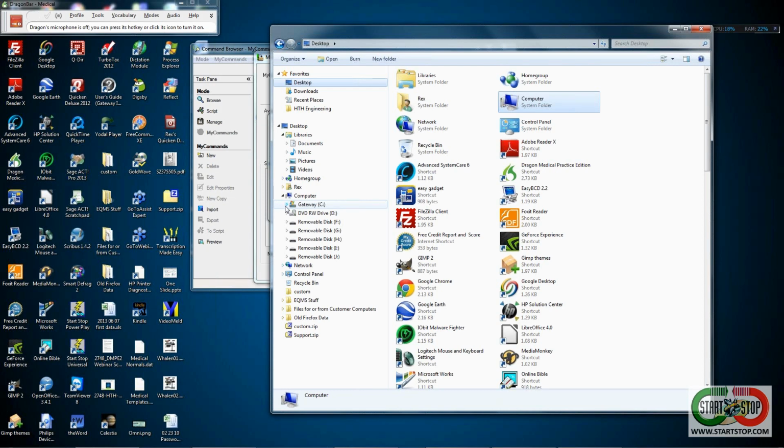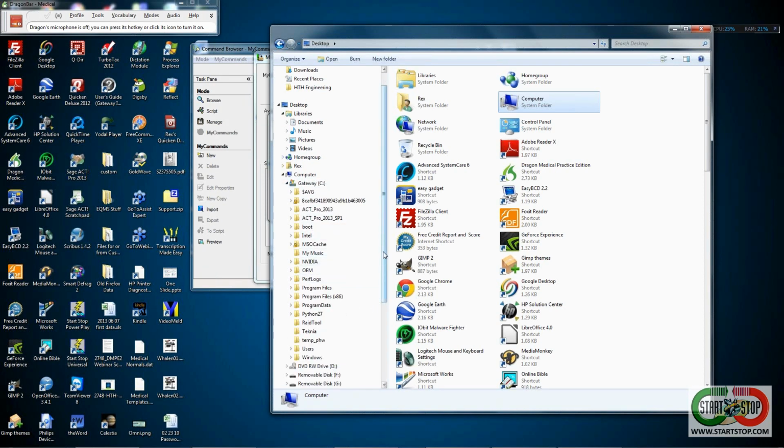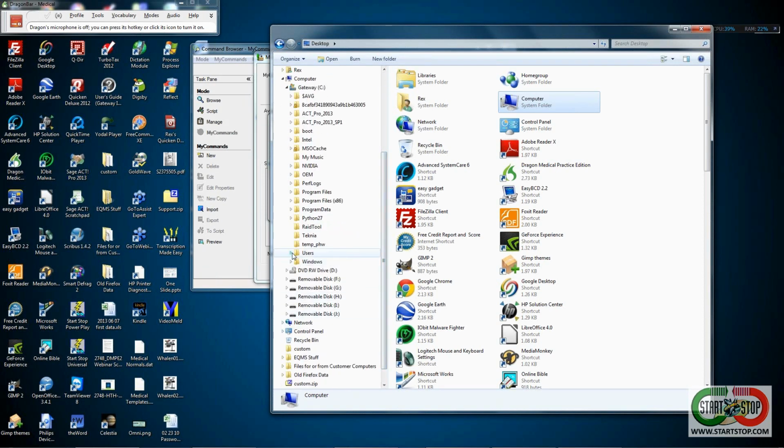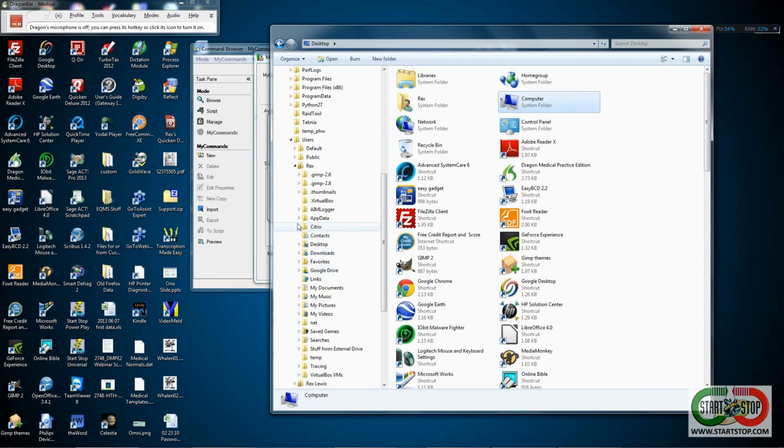So if there is more than one person who uses this computer, templates that I create will be saved in a place where I can access them, but not necessarily other people. That kind of file usually appears in the user section. So we go to C drive, users, and my login, and then we go to AppData,